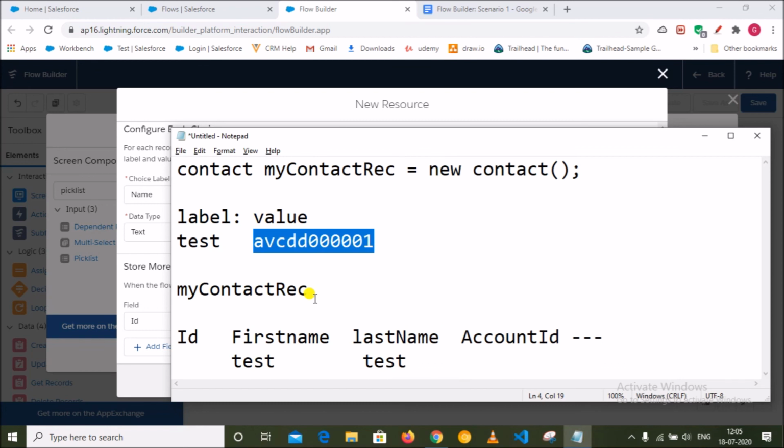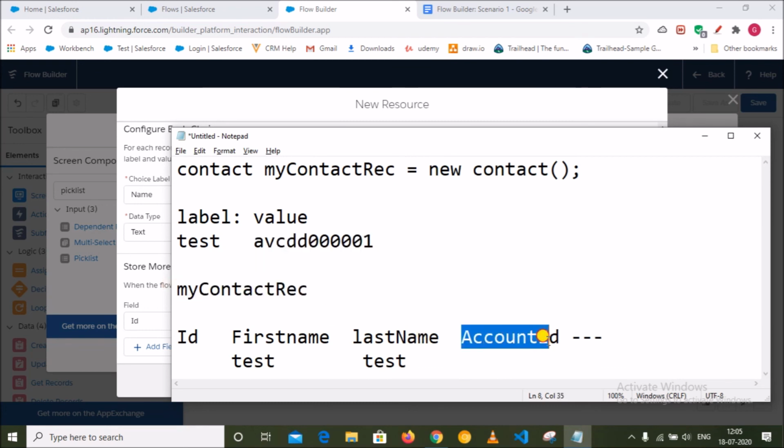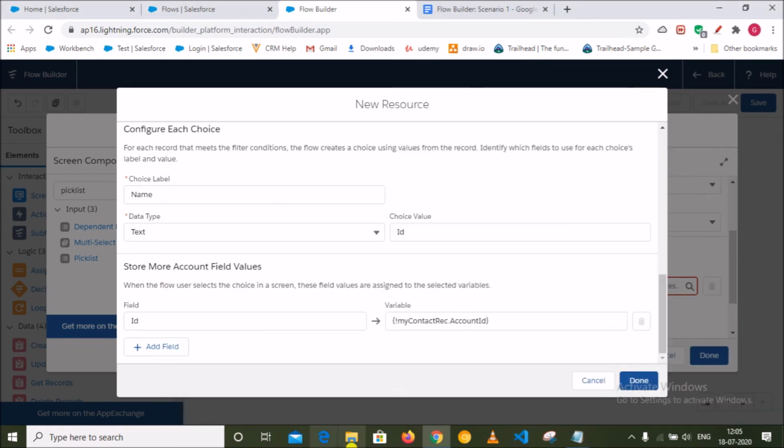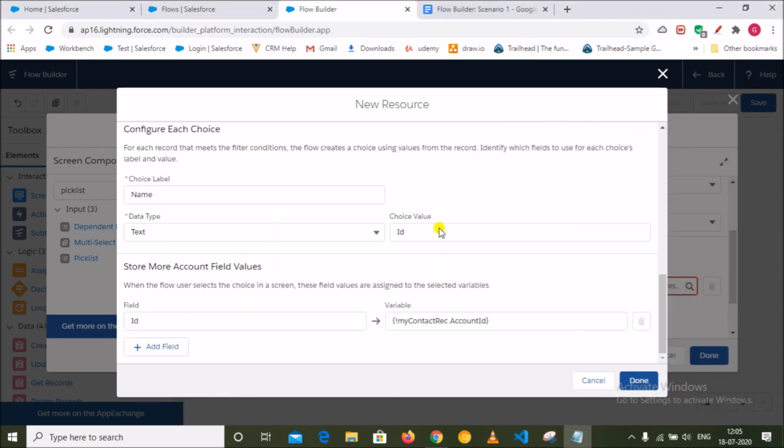That means in my contact record, in the account ID field, I am storing the account SFDC ID.